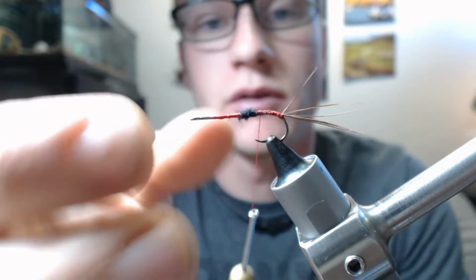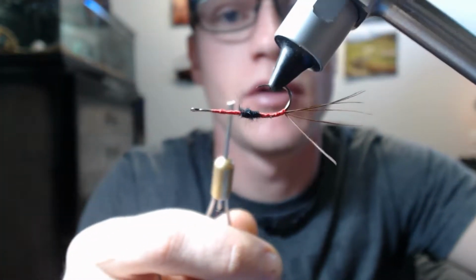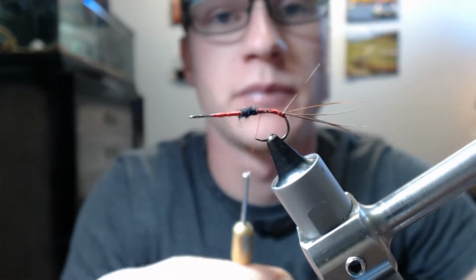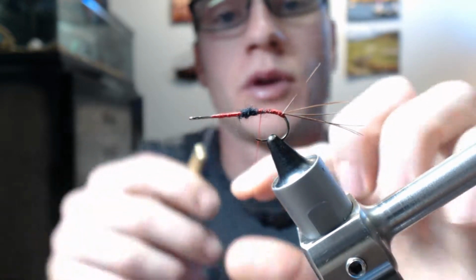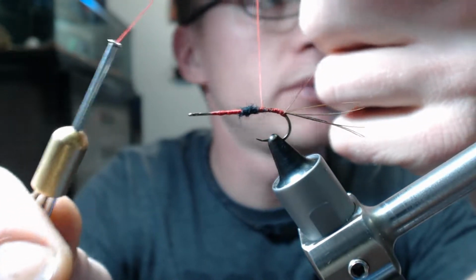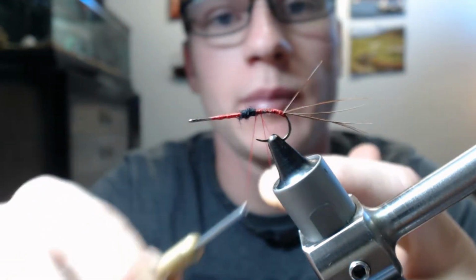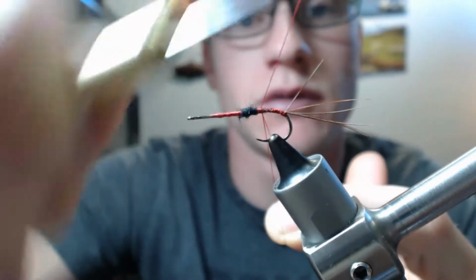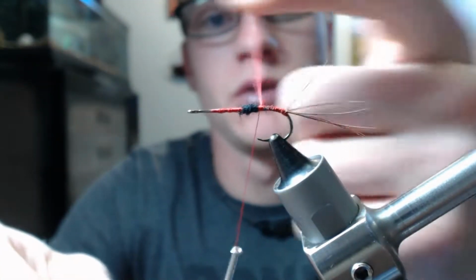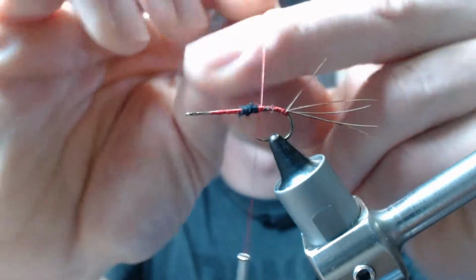So that's basically what you do. You pinch, twist, wrap it on. Now that fly has dubbing all the way around it where I put it on there. Now we're going to do a dubbing loop, which you make a loop in your finger and you wrap it back over itself. So now that loop is caught. You're going to grab it and spin it